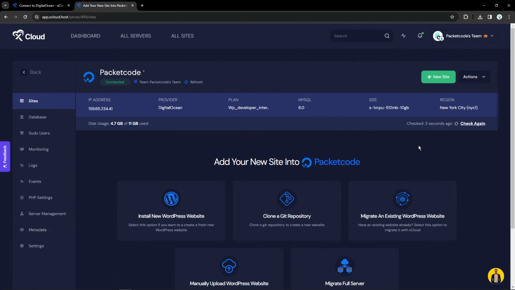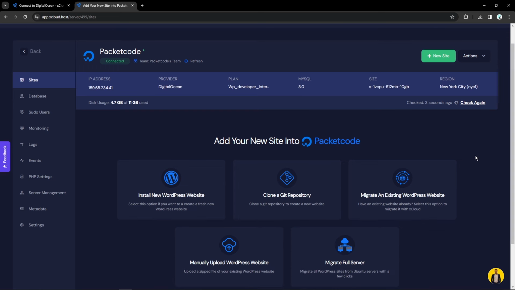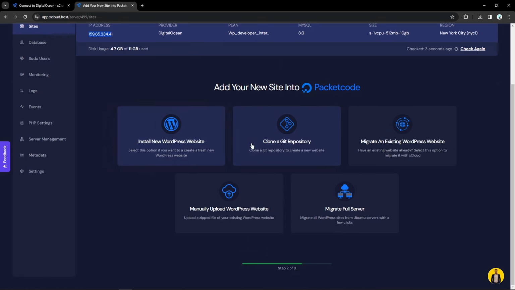Alright, so once the server has been created, you can see a new panel opens up. And as you can see here, you have some options available for you. This is your IP address, your provider, your plan, and all those things. Apart from that, you also have options available to create or install any WordPress website. So there are 5 options. The first one is to install a new WordPress website, which will just on click of a button create one,